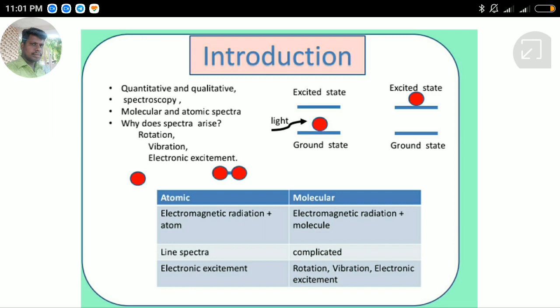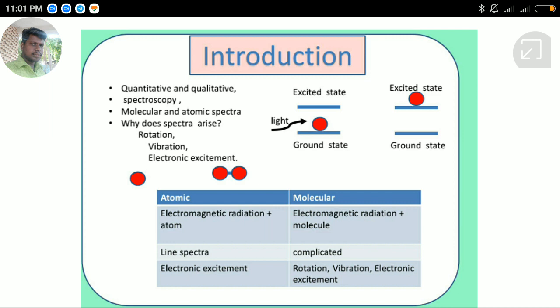Introduction. Our fifth unit chapter name is Analytical Technique. Analytical means a careful examination of materials or a process. Analytical technique in chemistry is a quantitative and qualitative measure of chemical substances. There are two analytical techniques available: one is classical, another one is instrumentation.